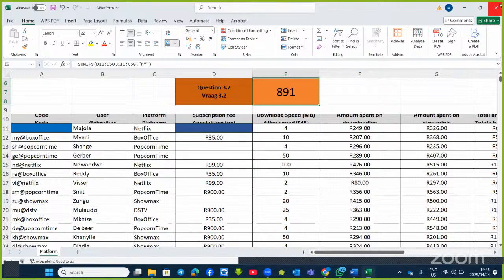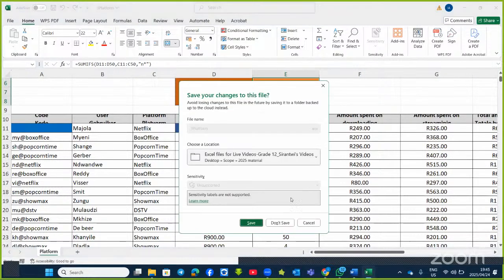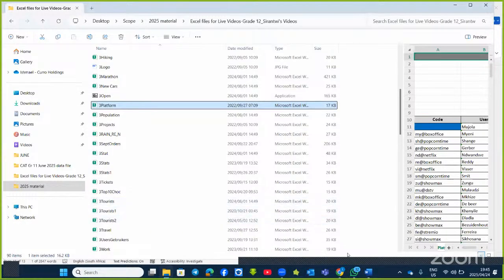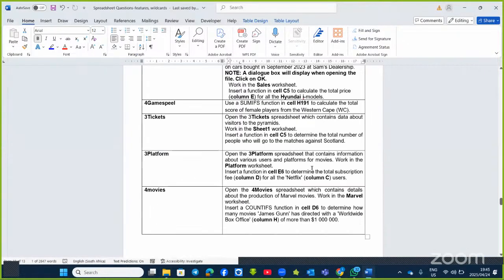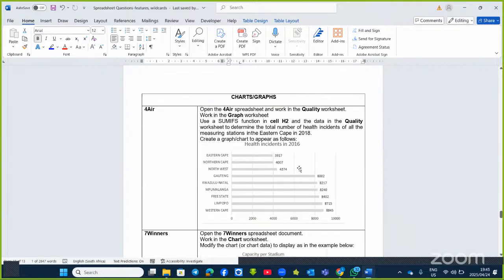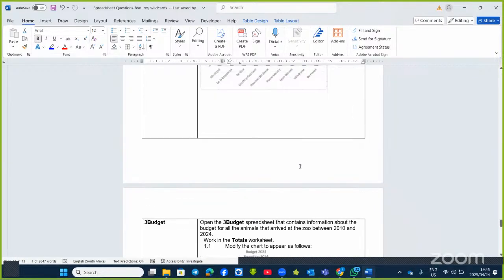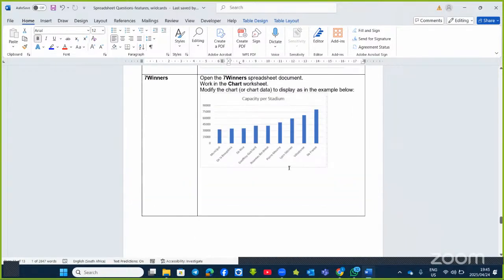Now, let's go straight to graphs. So make use of wildcard to make your work easier. There are so many questions. I will urge you to try your hands on them. And then where you have challenges, don't forget to let me know. Now, I'm going to go straight to,